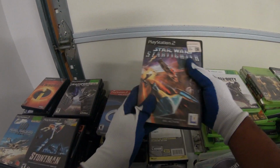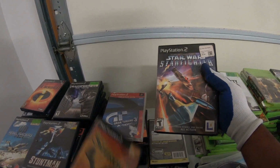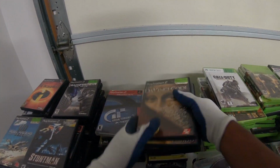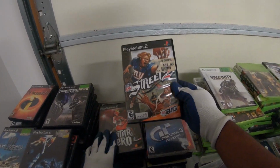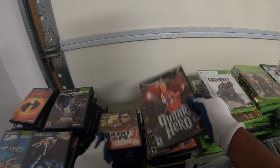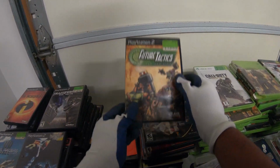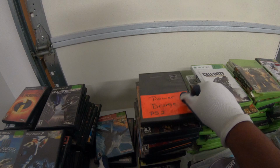And Bully. Star Wars Starfighter. Shrek 2. Warriors. The Da Vinci Code. NFL Street 2, Guitar Hero, Silent Scope 3, Splinter Cell, Lego Star Wars, Future Tactics for the PlayStation 2, Ace